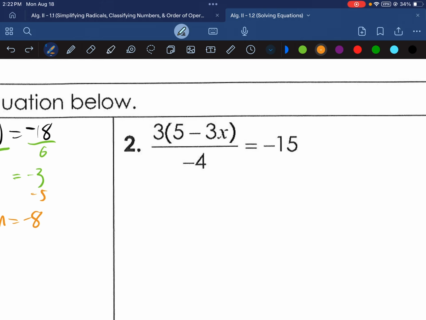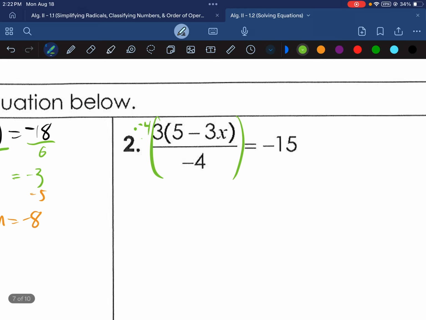Number 2: 3 times the quantity of 5 minus 3x, over negative 4, equals negative 15. So we have to undo this division by negative 4 before we go any further. How we would undo that division is by multiplying by negative 4, or negative 4 over 1 if you prefer, and doing that to both sides. So if I multiply both sides by negative 4, the negative 4s reduce,